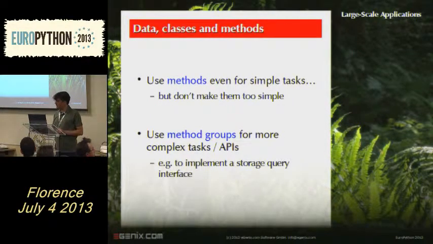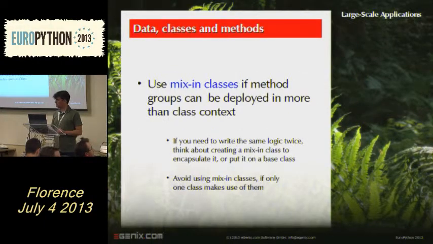The next thing is methods. Methods are very important, even for small tasks. So if you have a large chunk of code there without much structure in it, then you definitely need to break it up into methods. If you have to write more than 100 lines of code in your method, then you're doing something wrong there. You need to break that up into smaller methods. And of course, in the code that you write, you need to group those methods. And that's also how you define the APIs that you do. And it helps in defining the APIs because you can structure your code that way.